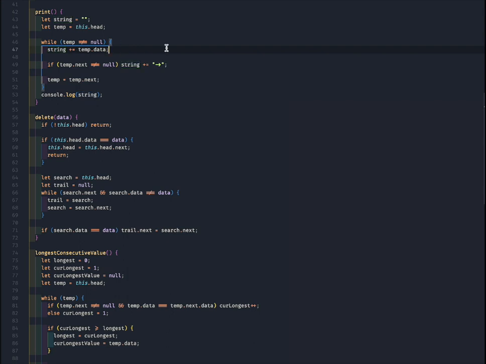Okay, so we're going to add on to it with the plus equals. That's what that means, right? You're used to seeing this with numbers. You can do this with strings as well. Okay, so all we're doing is tacking this on to the end of it. So we're saying string plus equals temp dot data,